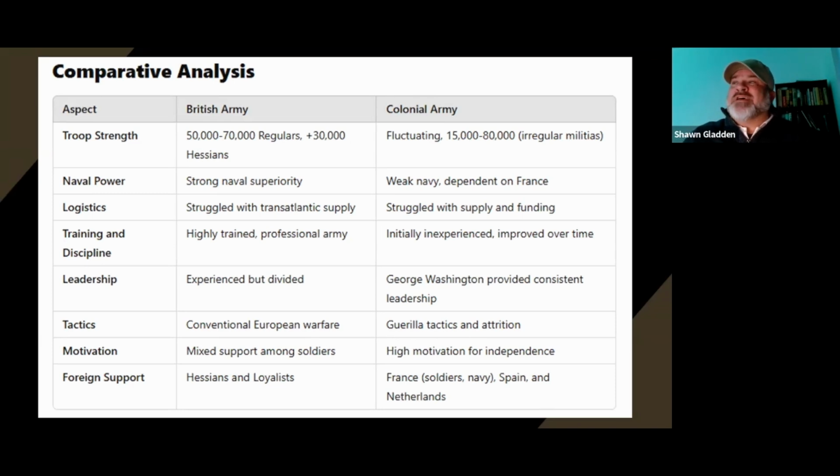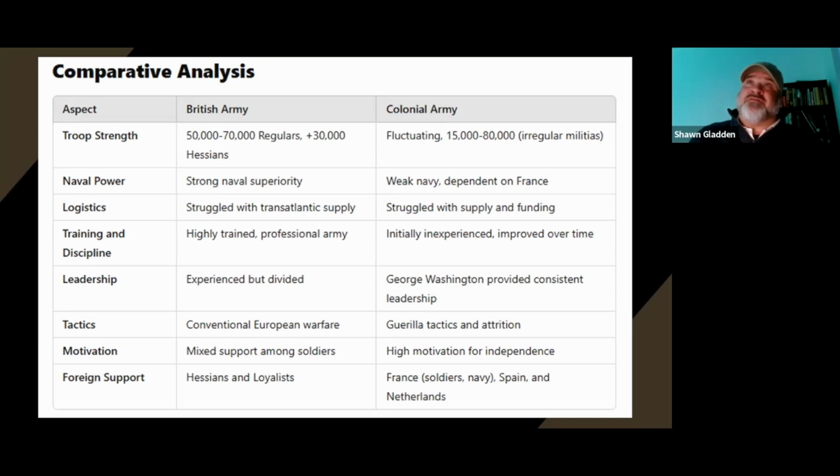Logistics. One could make the argument the colonial army was probably better. Foraging and living off the land is one thing, but certainly for the type of army that they were, yes, they were very much. The training, the British Army was much better trained. However,